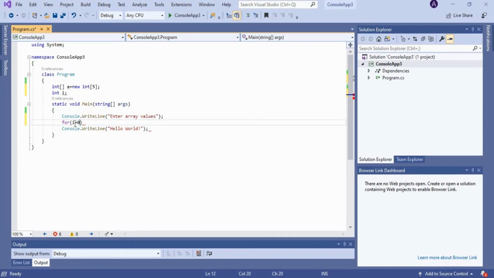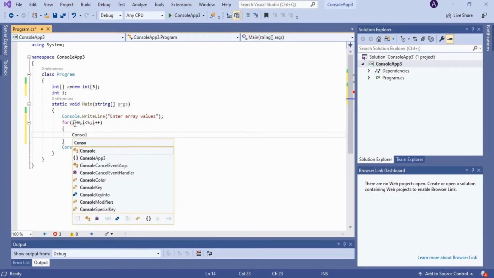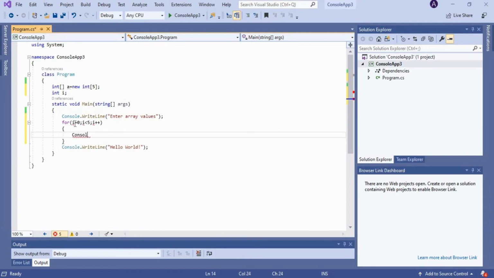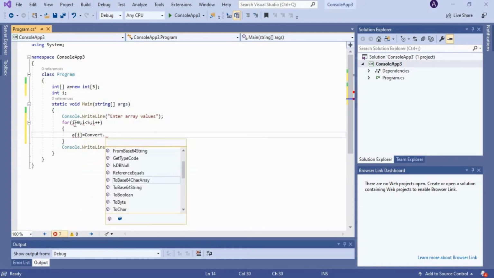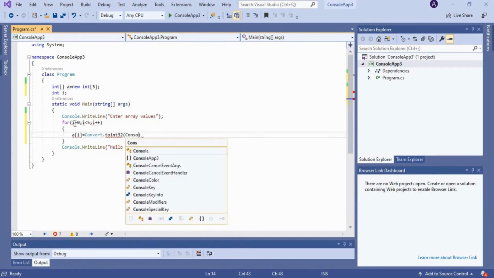So for i is equal to 0, i less than 5, i plus plus. Inside it we can use the console dot read line statement, right? Before reading that we have to convert the input into integers. So a of i is equal to convert dot to int 32, as we have declared the array variable of integer data type, right?